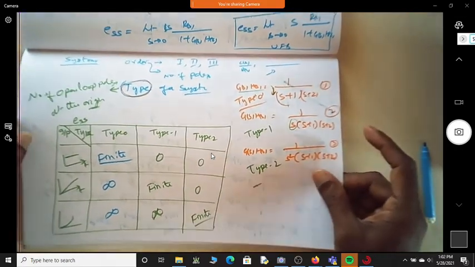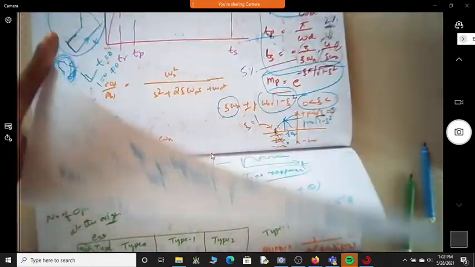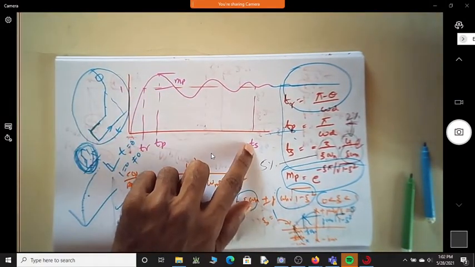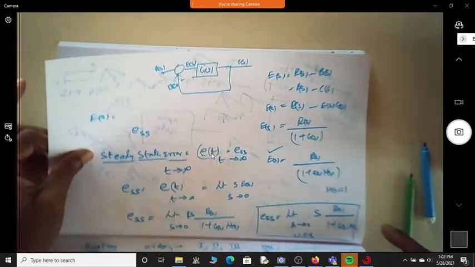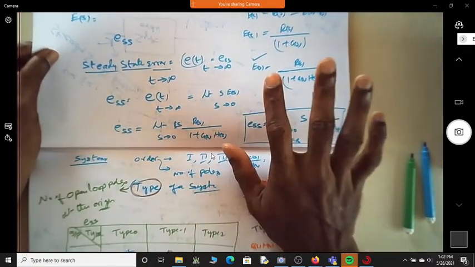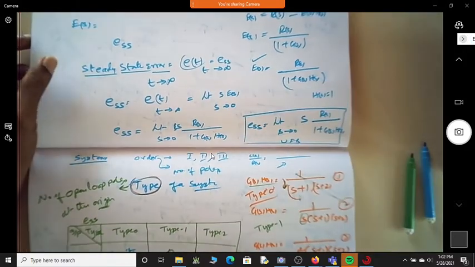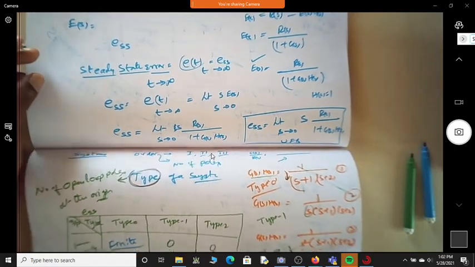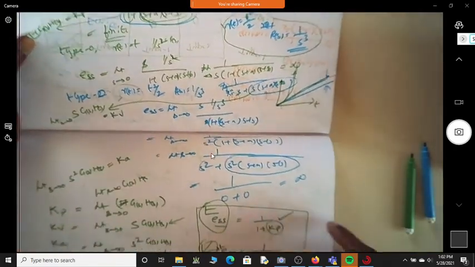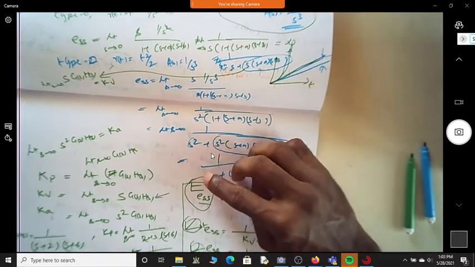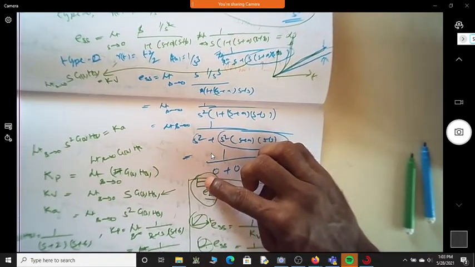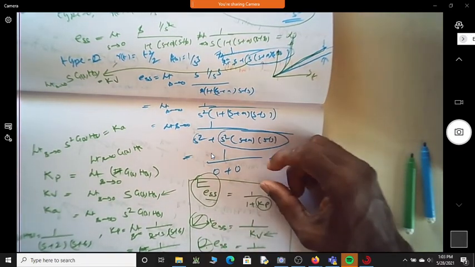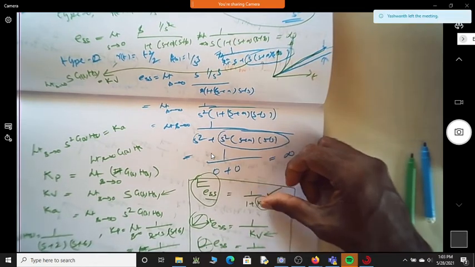So what we are trying to understand is, one thing is the transient response in terms of rise time, peak time, overshoot, and settling time. After that, we are also looking into the steady state error as t tends to infinity. So we have 3 different standard inputs: step, parabola, and a unit ramp. For those, we have the expression for the steady state error depending on the type of input. For a ramp, you have 1 over Kv. For a parabola, 1 over Ka. For a step input, it is 1 over 1 plus Kp.